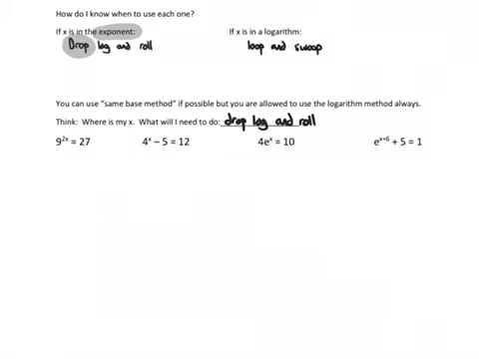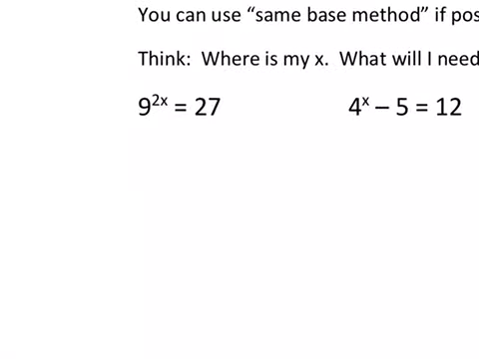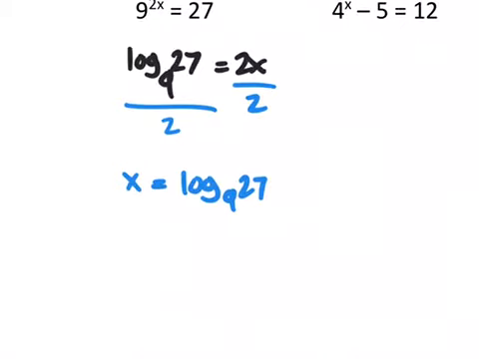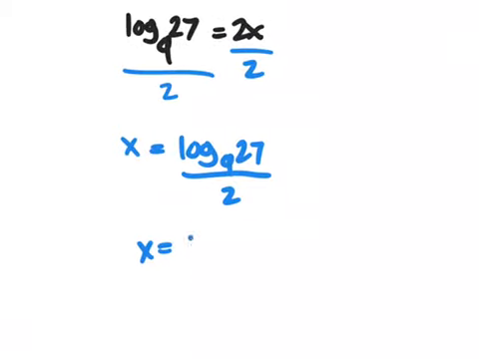Now on all of these, you have to think, where is my x? X on all of these is in the exponent, so we'll be using drop, log, and roll. So for this first one, we have log base 9 of 27 is equal to 2x with the drop, log, and roll. Now I would divide both sides by 2 to get my answer here of log base 9 of 27 all over 2. Now, if you type this one in on your calculator correctly and you hit math enter, you will get x is equal to